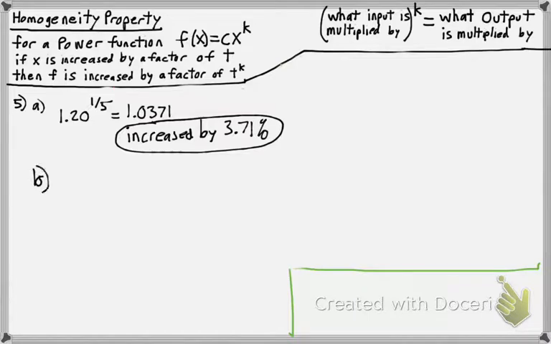For part B, it says, if the horsepower remains the same while the number of revolutions per minute is increased by 20%, how is the propeller diameter affected? So this time they're keeping H constant and you're just looking at the R. So for this one you're only concerned with the R to the negative 3/5. So I want to take that 20% and write it as 1.20 and raise it to the negative 3/5, which is going to get you